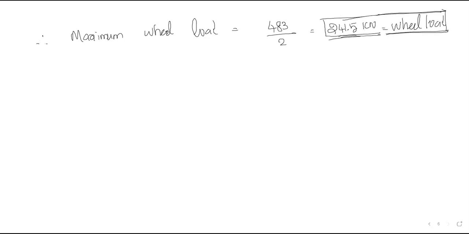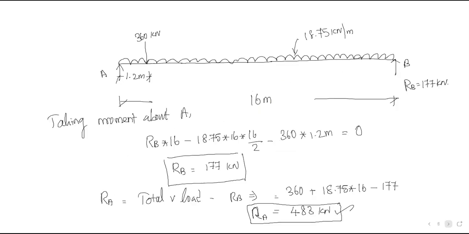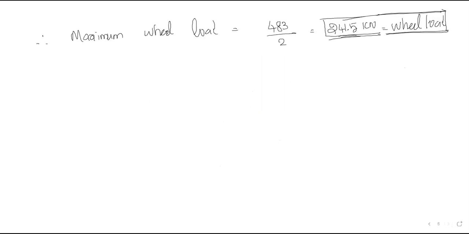Now, forget about our 16 meter span. Now we are going to design the gantry girder. The gantry girder is placed like this, running in this direction, from here to here. For this the span is 8 meter, and over the 8 meter we can have wheel loads along with the self weight. So now let us move on to the design of gantry girder steps. Here we are going to calculate the shear force and bending moment, and then we will move on to the section selection.